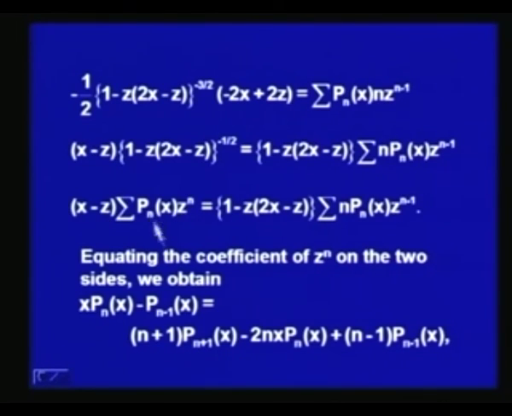So, the z to the power n coefficient will be P_{n-1}. So, we get x into P_n(x) minus P_{n-1}'(x), while the right hand side gives us (n+1) P_{n+1}(x), and then minus 2n x P_n(x). This we get from here, minus 2x into n P_n(x), and then z to the power n. The last term is plus z square multiplied to this. So, that makes the power of z as n plus 1. So, the coefficient of z to the power n will be (n-1) into P_{n-1}(x),